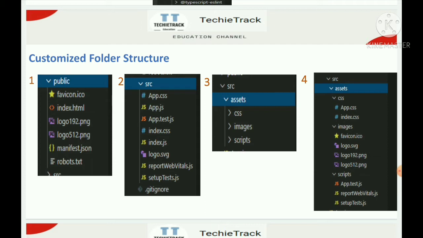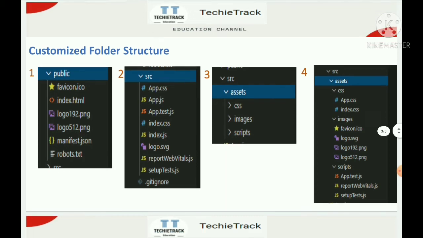If you see the right side of the screen, if you expand the assets, it has css, images and scripts subfolders. Inside those, the appropriate CSS, icons and JS files are also there. We don't want to keep all the different kinds of files inside various folders, because it will be a big headache for you in the long time.